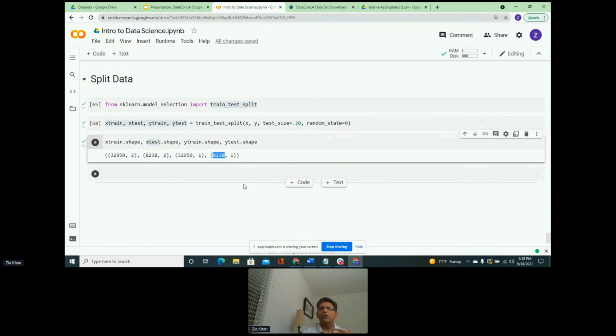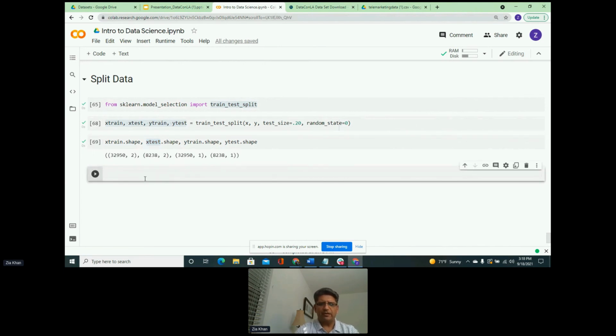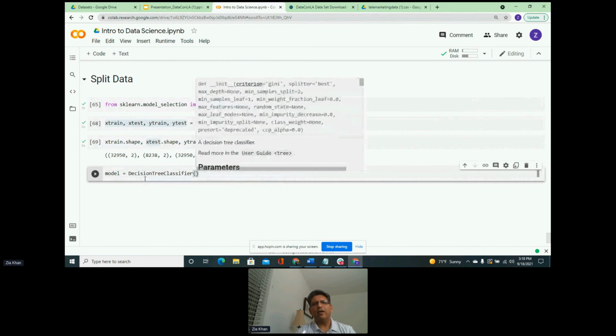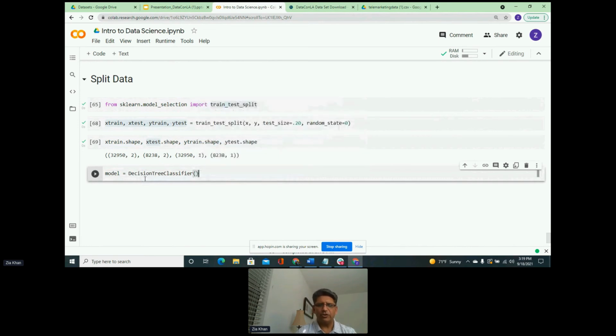So that's matching. So this kind of confirms to us that, okay, the data sets have been divided into training data and testing data. And now we have separate data sets. So whatever the result that we get is or should be the true results. So let's find that out. So let's define the algorithm. This time we are going to call it model, and we are going to use decision tree classifier again, and we are going to instantiate that class and define the algorithm decision tree classifier.